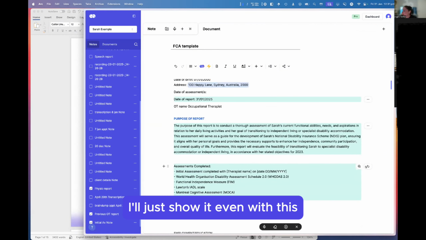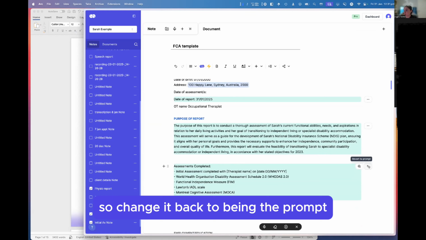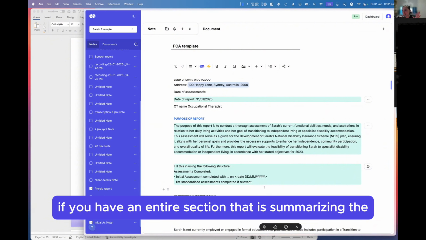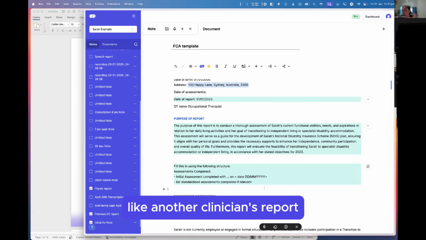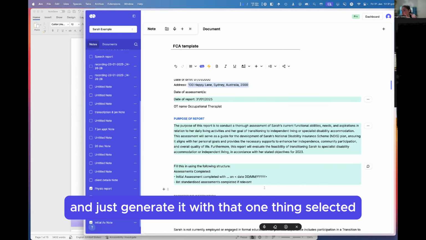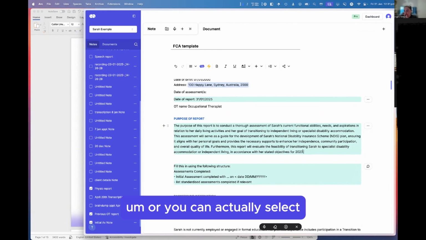I'll just show it even with this, but you can either revert the entire section, so change it back to being the prompt and change the prompt. So if you have an entire section that is summarizing another clinician's report, then that would be a really good place to just undo it and generate it with that one thing selected. Or you can actually select